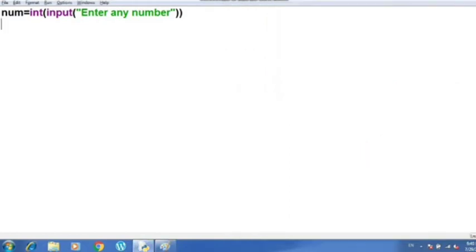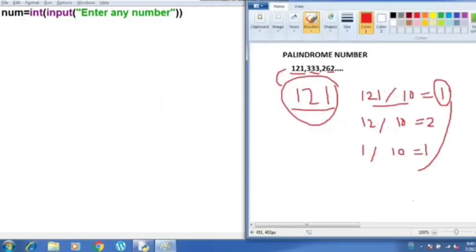For that, you can see that the task appearing here is checking the digits thrice, right? So it means we have to write a looping statement here where the loop executes until the remainder becomes 0.